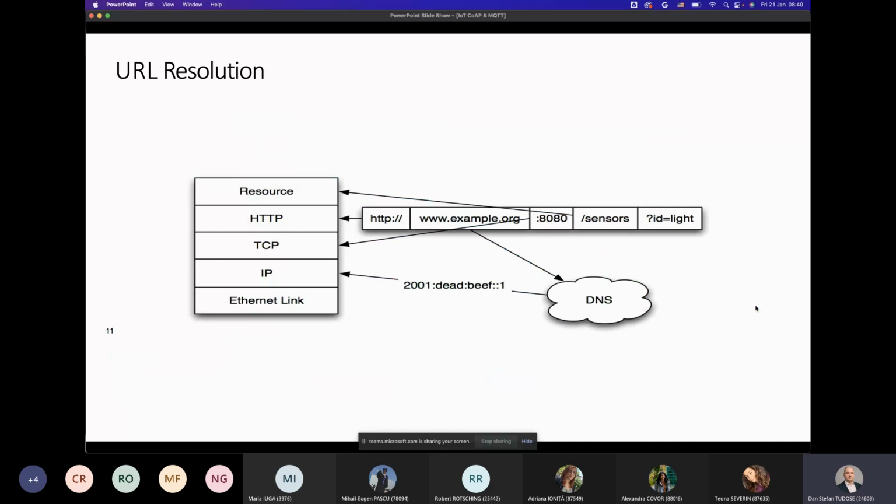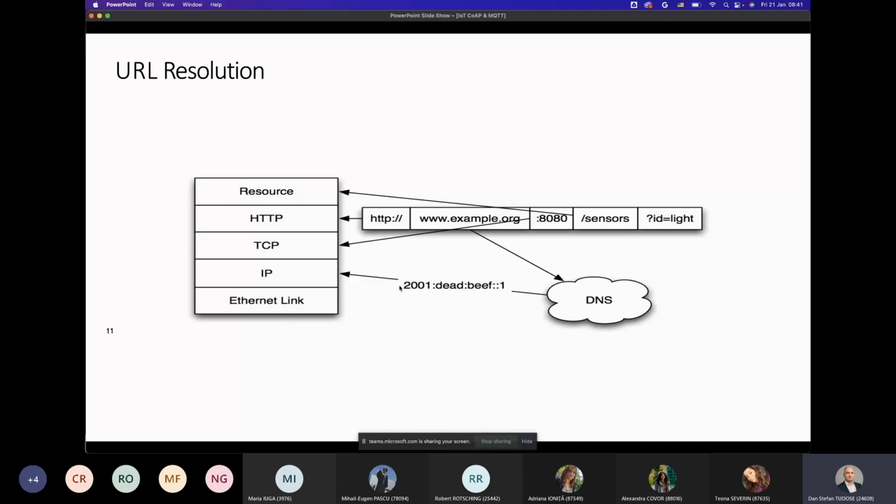So whenever you send such URLs through your browser to the internet, what usually happens is a URL resolution scheme. You have different parts of your URL which are being parsed, and these specify different parameters of communication at different levels in your stack layer. So for example, example.org, this one is the URL, and this goes through DNS to actually specify an IP address.